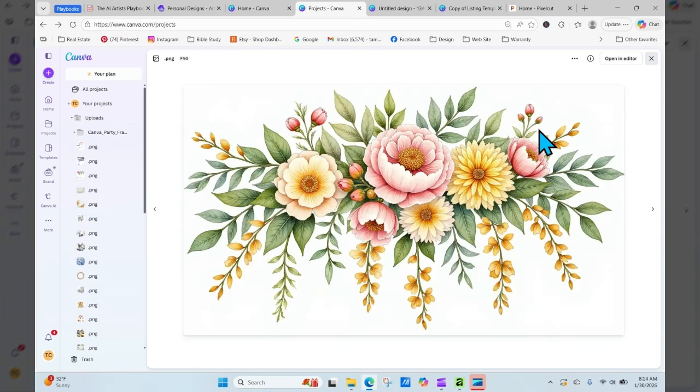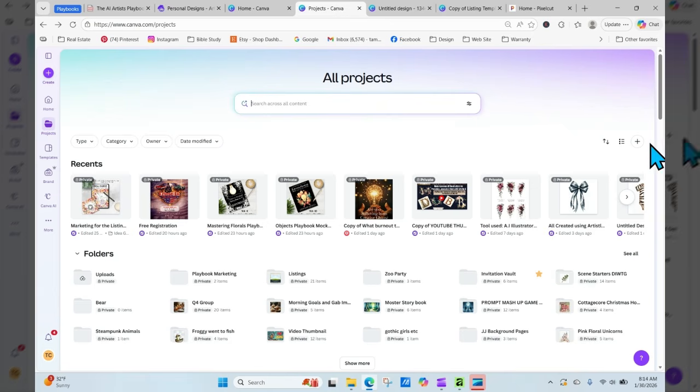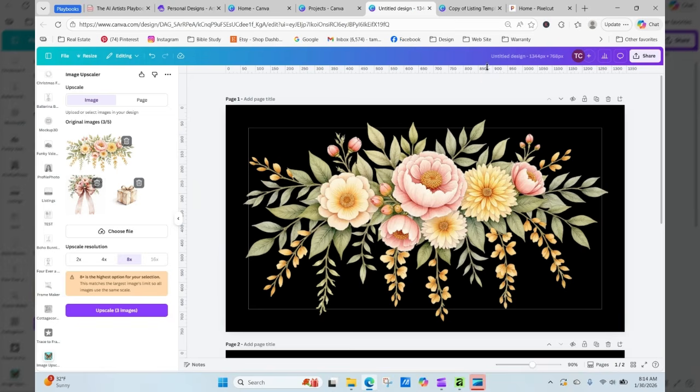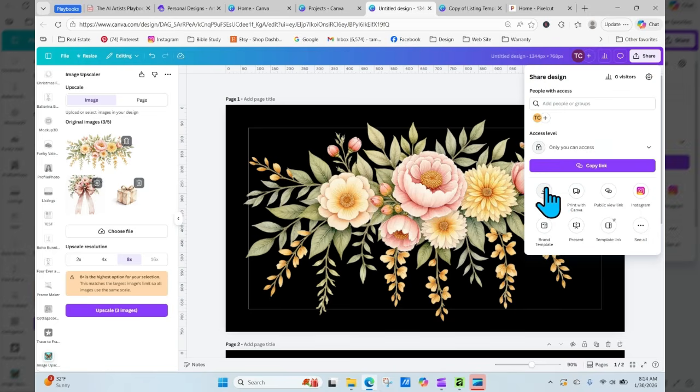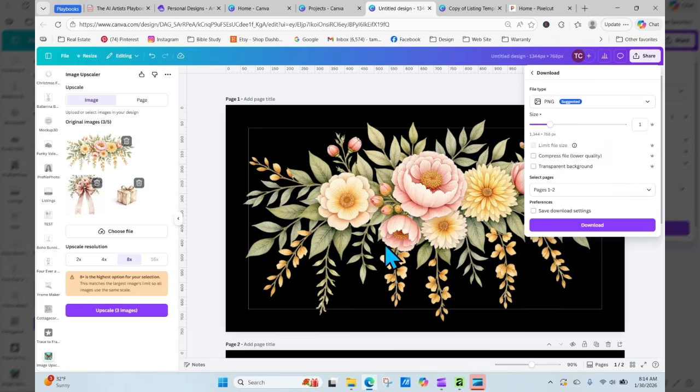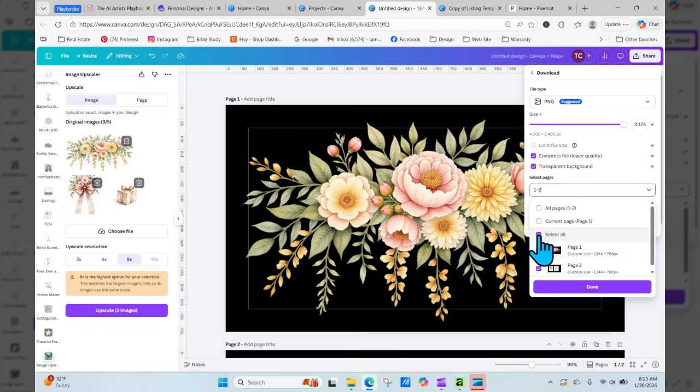Okay, so let's go back here. How can you do that? Right now it's not 300 DPI. We didn't even upscale this one. So if you drag this all the way over, you have to click compress file. I'm not sure why. Now, if you want it transparent, obviously you need to do transparent as well. And then I'm just going to do this one